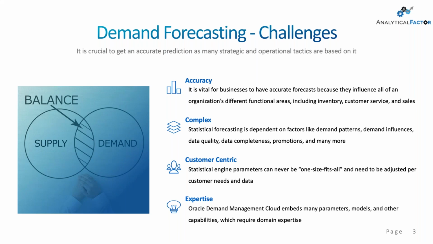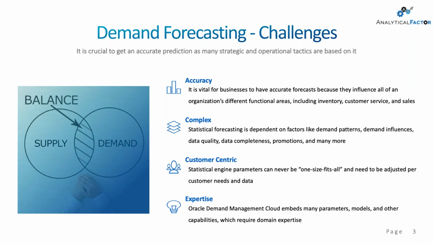Now, challenges, and I'm sure that all of you who do this on a daily basis would understand it's not an easy task. It's complex and also constantly changing, right? The business is constantly changing. I'm not even going to mention the pandemic, but even without the pandemic, customer demands are changing and the product portfolio is changing.